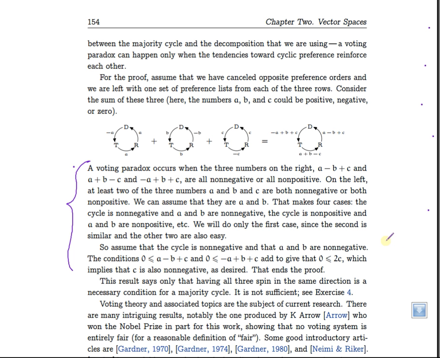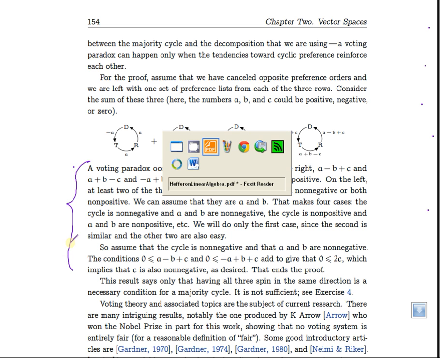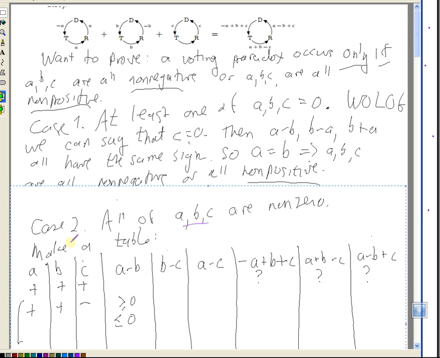Now I actually had a little trouble understanding this proof, so I made up my own proof, and you can see here. It's very similar, but for me it's a little easier to understand. It's kind of the same idea. Okay, so